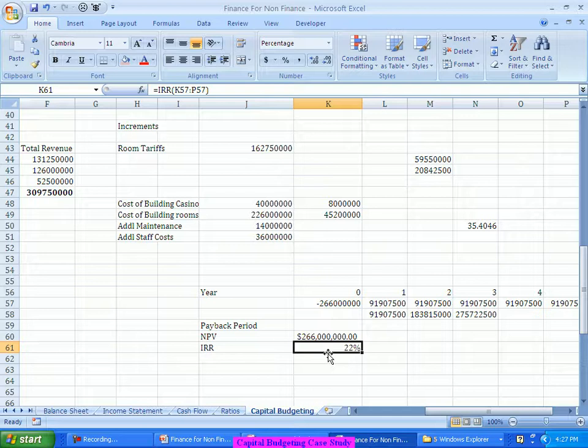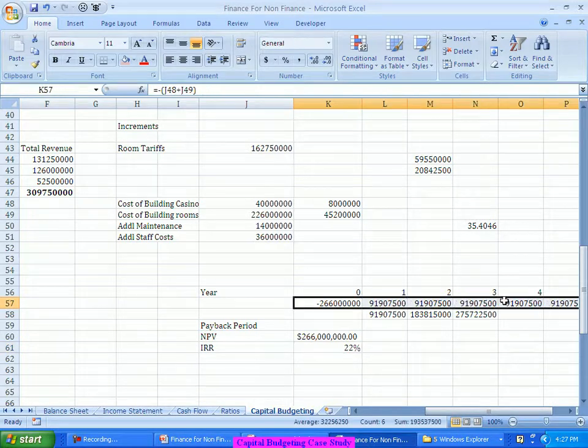Now the same thing I'll evaluate with the second. So whichever one is giving me the highest NPV or highest IRR, no. IRR is talking about what is that annual return, overall annual return. It is taking compounding into consideration. And it is saying, if you invest today 26.6 and you are getting 9.1 over the next 5 years, your annual return is 22%. You are getting an annualized compounded return of 22%.